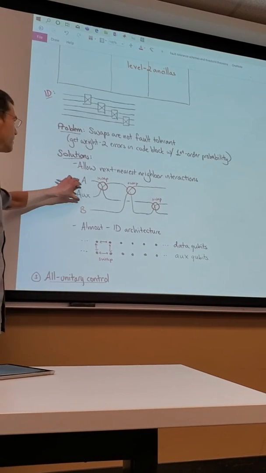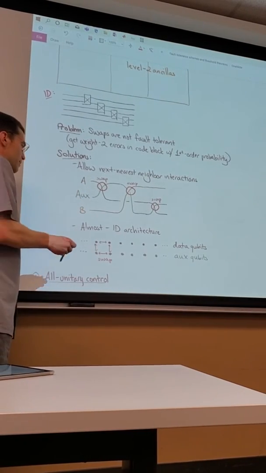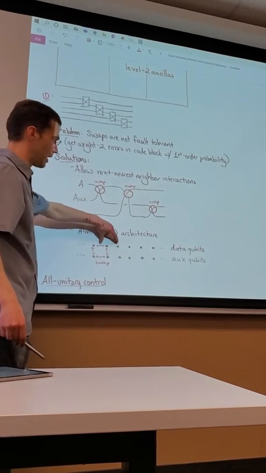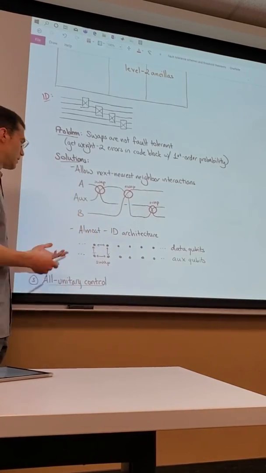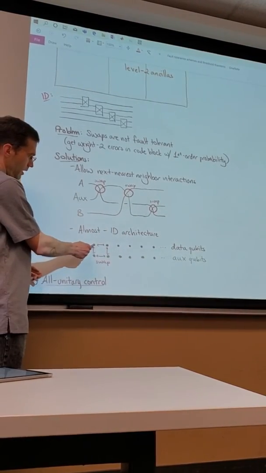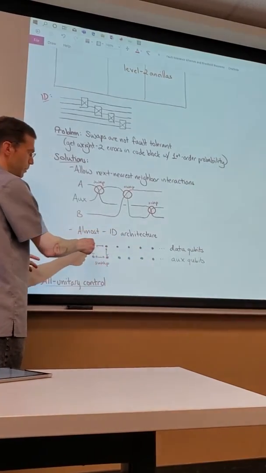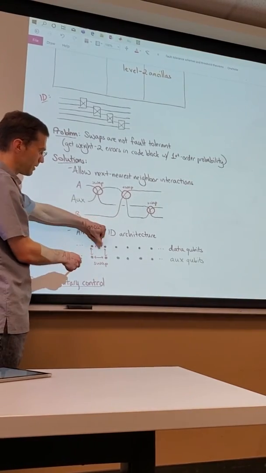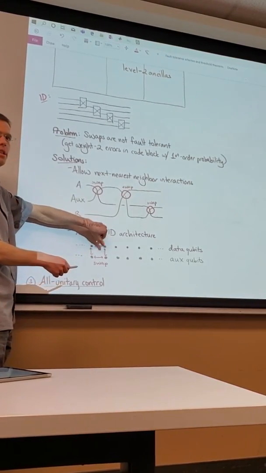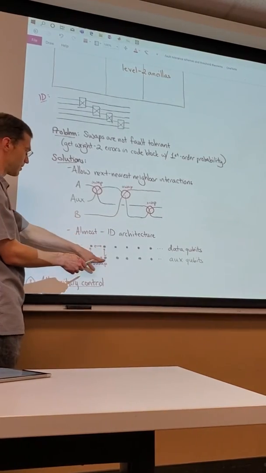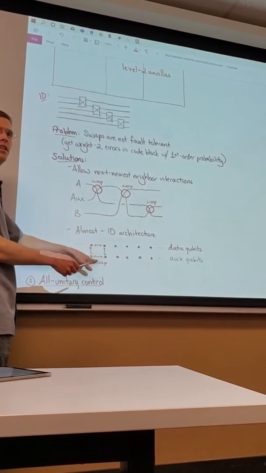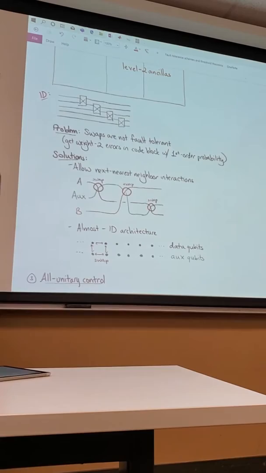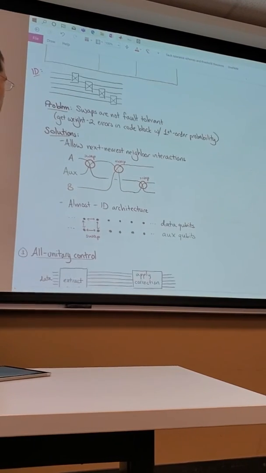In fact, this next nearest neighbor interaction isn't too unrealistic. For example, if you have a 1.5D architecture where you have a line, then another line beneath it, then you can do this. Here I'm using the first line of qubits as the data qubits and the second line of qubits as the dummy qubits. In order to swap these two qubits, I don't swap them directly, because a failure there would mess them both up. Instead, I swap this way, this way, this way. That way you can swap these two data qubits without ever having them involved in one gate. Okay, so that's just a